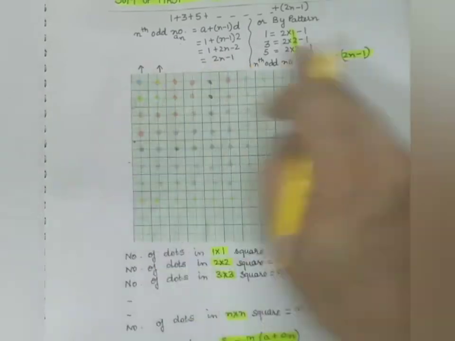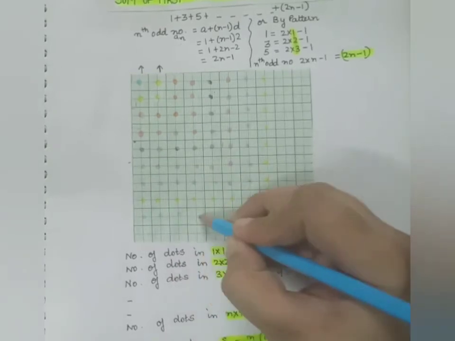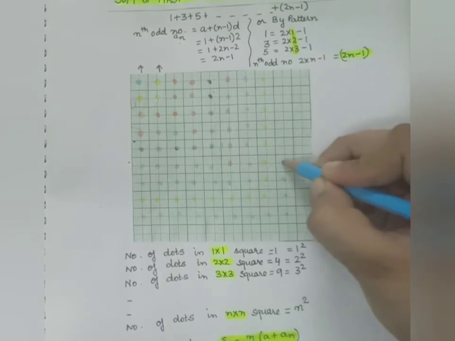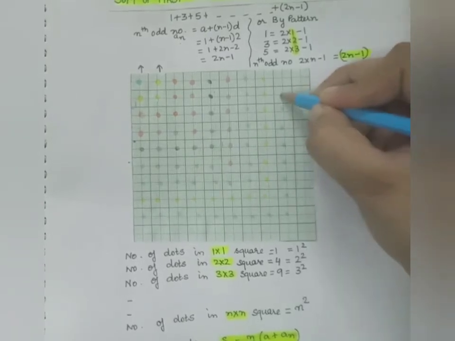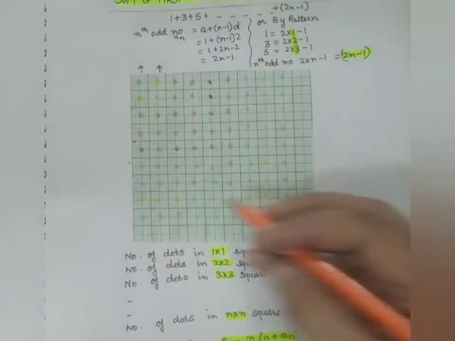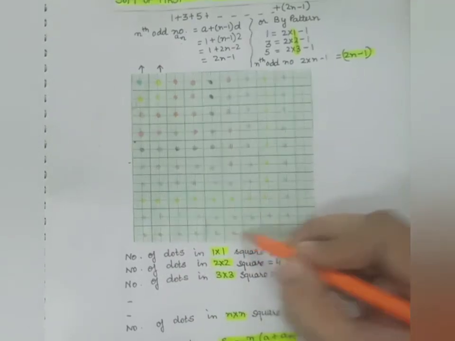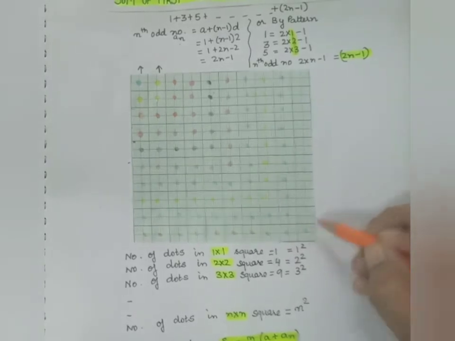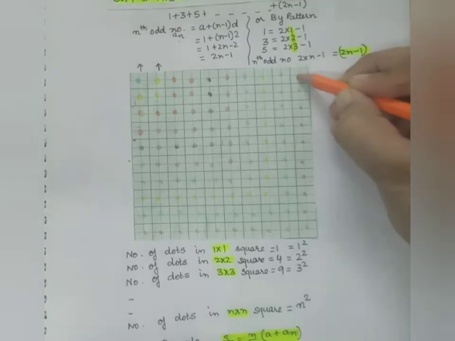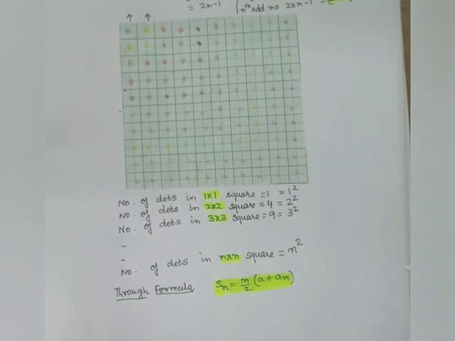And you know a 10 cross 10 grid has 100 squares, and in those 100 squares obviously there will be 100 dots. So every time we add an odd number to the pre-existing odd numbers, you complete a square. So if you are adding 10 odd numbers, then you are completing a 10 into 10 square, which is 100. So the sum is 10 square. So if you are adding the first n odd numbers, the answer will be nothing but n square. So we have generalized the pattern and the answer for the same is n square.